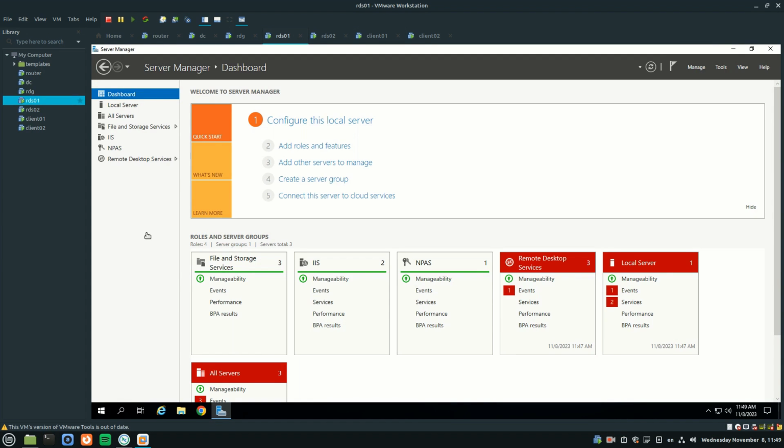We will configure remote applications on the RDG because we want the apps to be available also for external users.